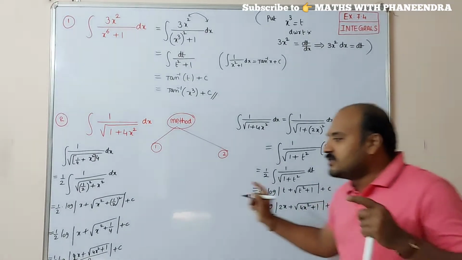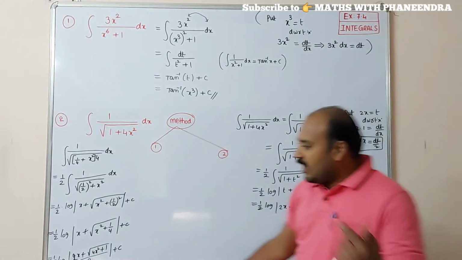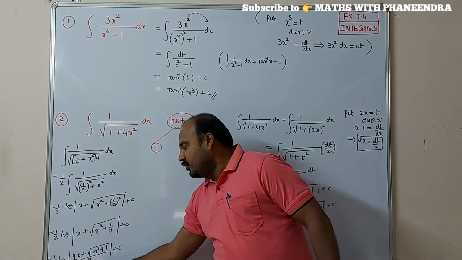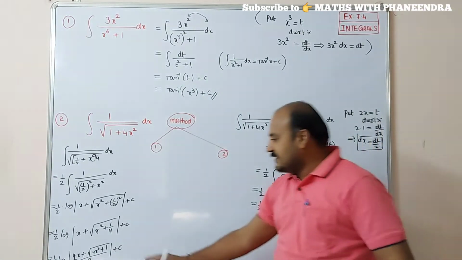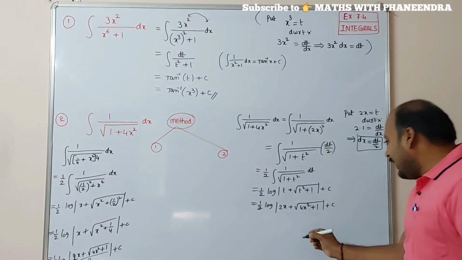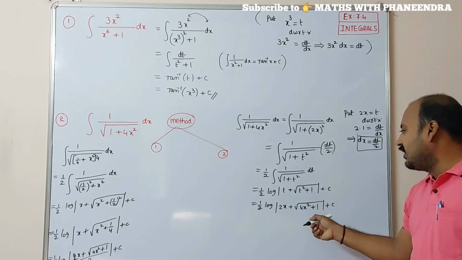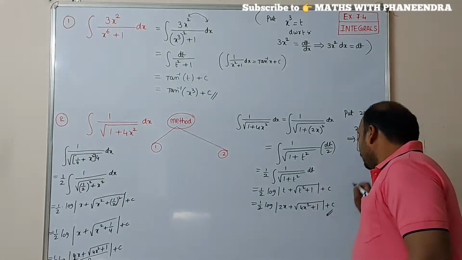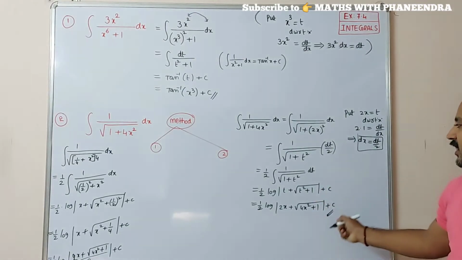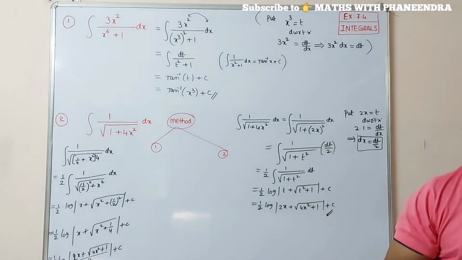c. So what is the difference here? Here 2 is there in the denominator, here it is not there. What does that mean? I already said that log a by b is log a minus log b. So log of 2 will come now, which we treat as a constant. C is also there. That c plus that value is also c. So ultimately we get this result only. Otherwise, if you want to put it in terms of sinh inverse of t, we can write it that way also. But NCERT will follow log only, so that is the reason I am giving it that way. I hope everyone understands. Method 1, method 2. We will move on to question number 3.